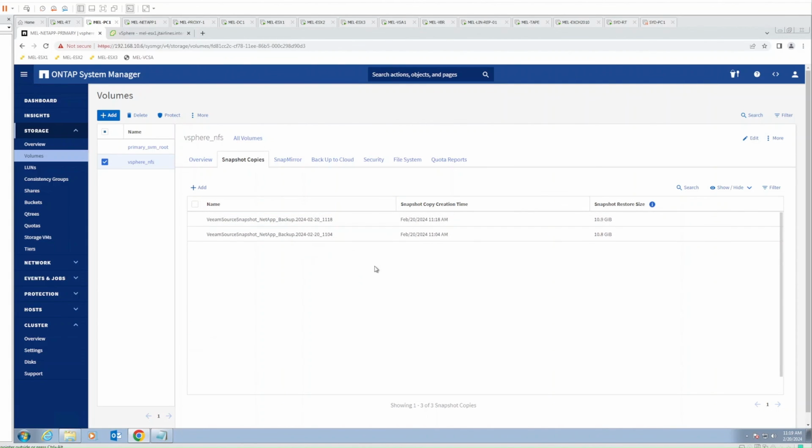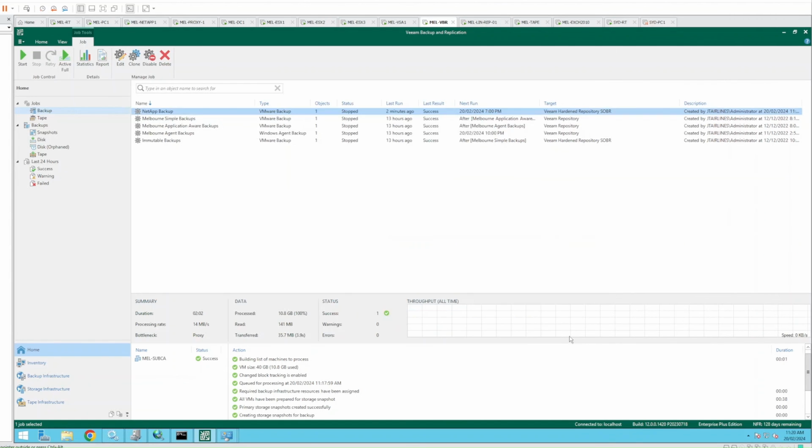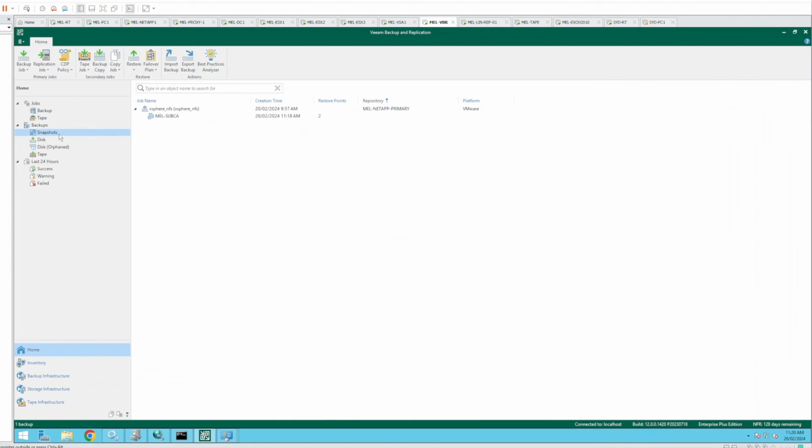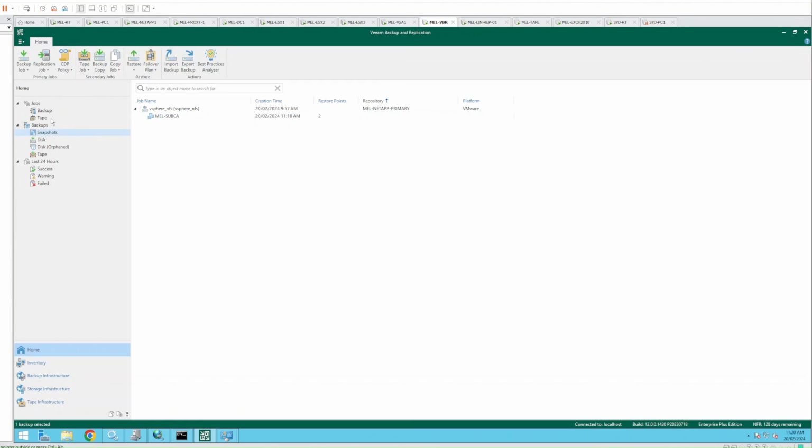So it's left these 2. And we're complete. So if we have a look at snapshots, now we have 2 restore points, so we can restore from either one of those restore points. Our disk now has 2 restore points,